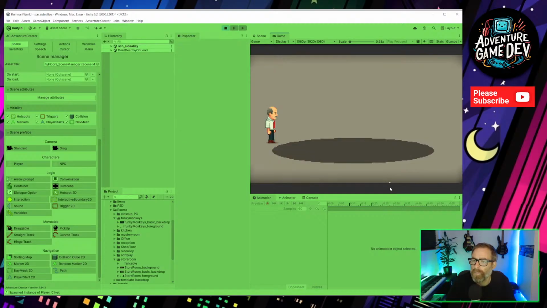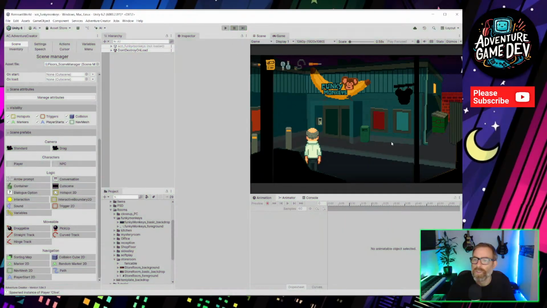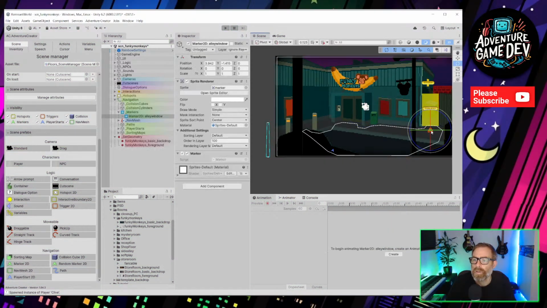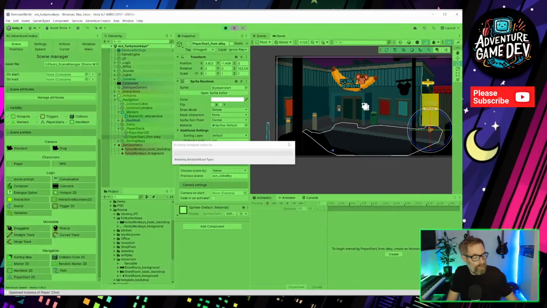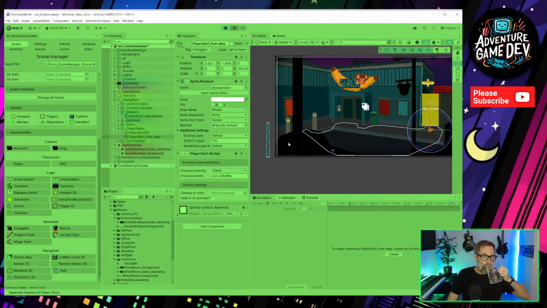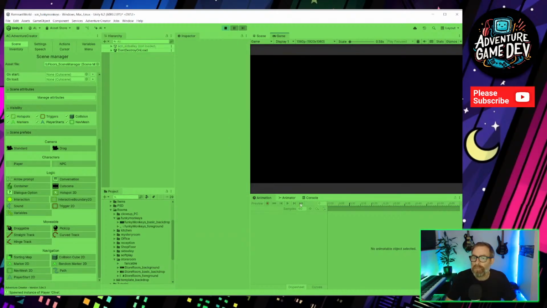So you can go through the side alley, go back to the car park, and it's arriving from there because we haven't changed the player start. So that player start from alley scene underscore side alley, that'll mean it'll use that player start when it comes back. So let's just check we've got that in place. There we go.